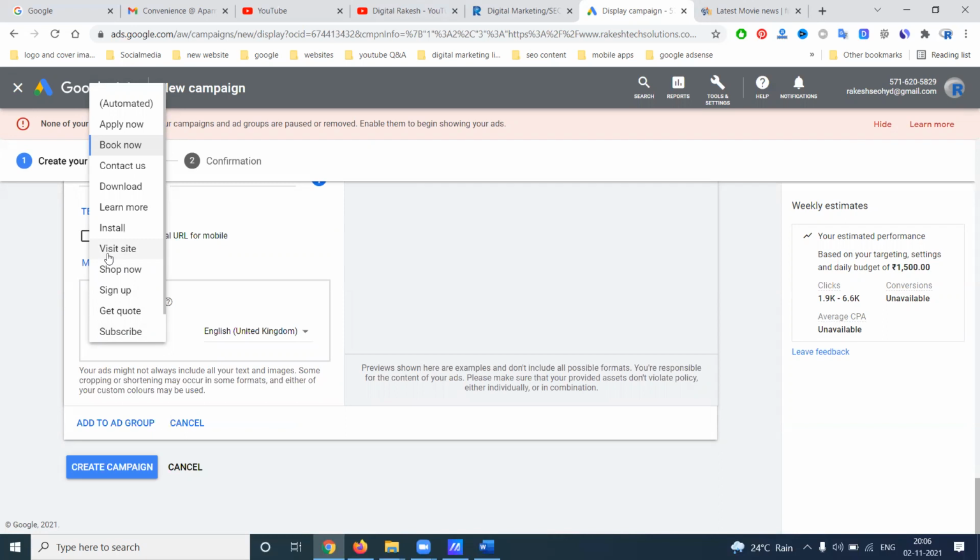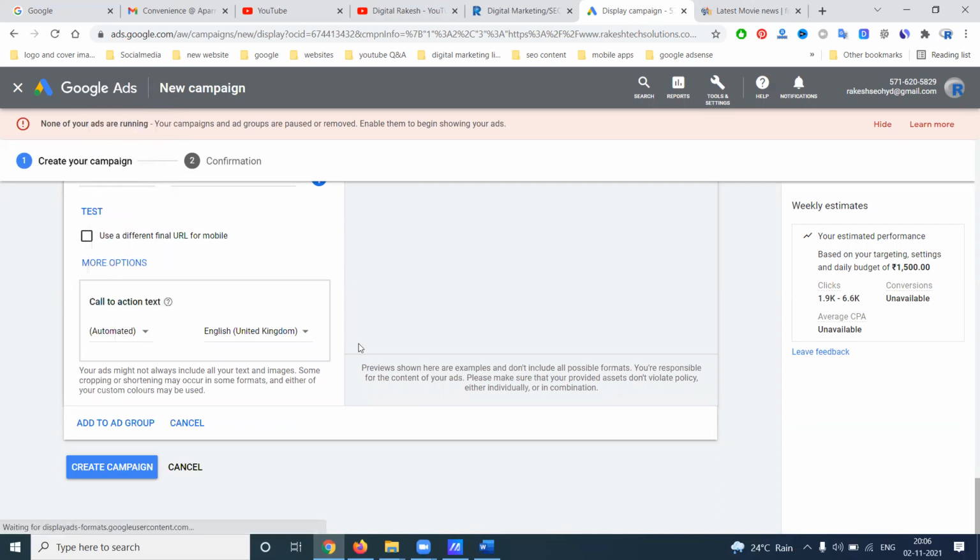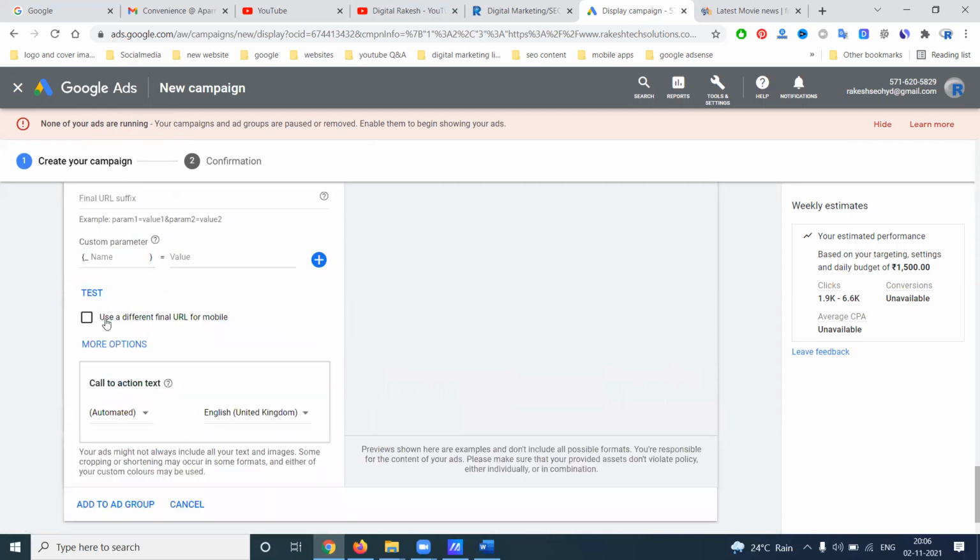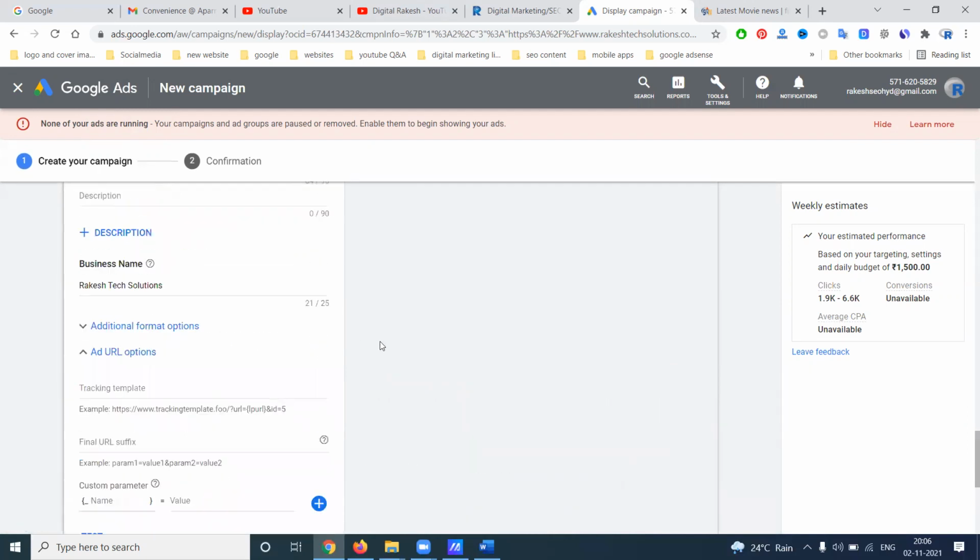The display will be shown to customers on websites approved by AdSense. It will also show on YouTube videos, as an overlay shown to customers. Now I'm showing the book now service. You can set a different final URL for mobile.